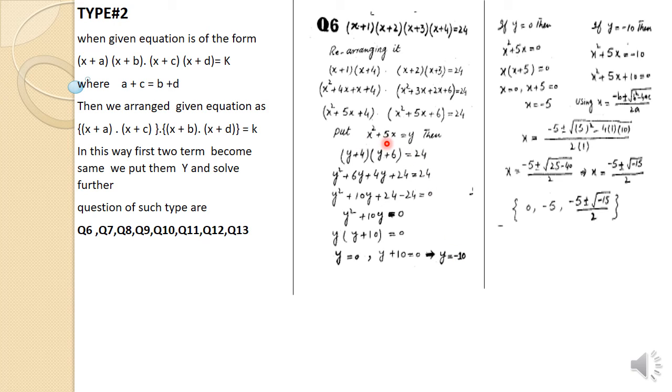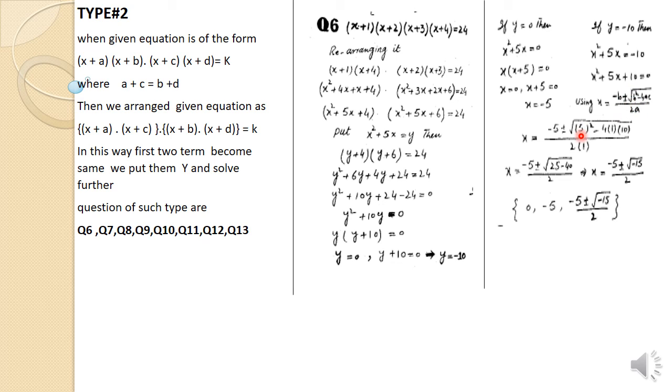Then you can put the value of y here in this equation, x² + 5x equals y. So first you put y equals 0 and then y equals minus 10, as we did here. Now students, simplify this, taking x as common and then the remaining x + 5 left. So x equals 0 and x equals minus 5 are the roots of this equation,